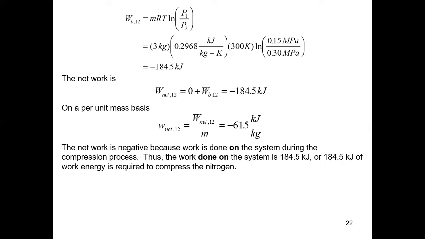And that gives you net work. And it's negative. And per unit mass basis, you divide by the mass. The net work is negative because work is done on the system during the compression process. Thus, the work done on the system is 184.5 kilojoule, or 184.5 kilojoule of work energy is required to compress